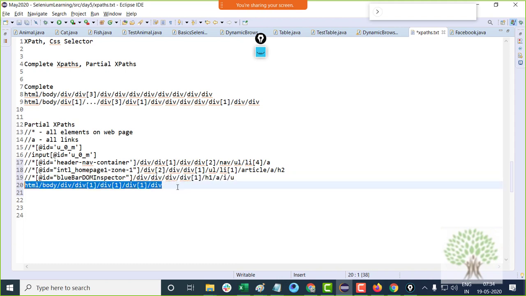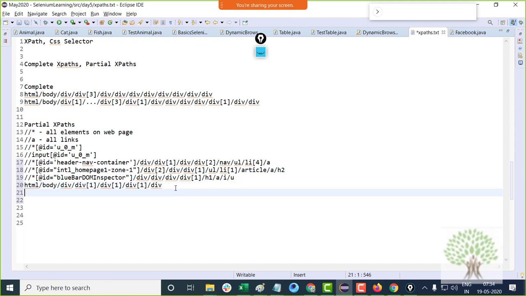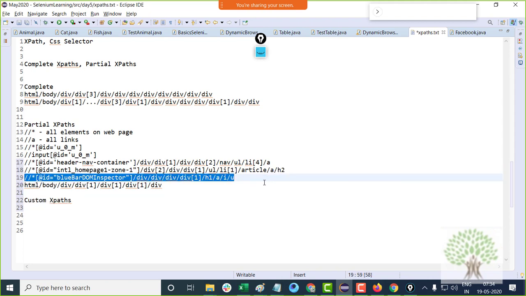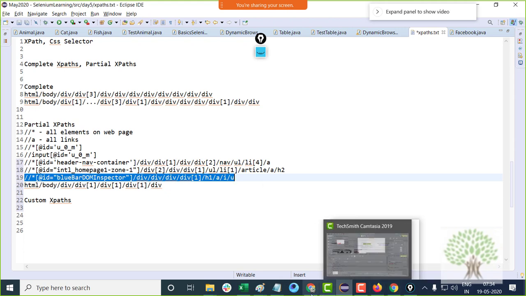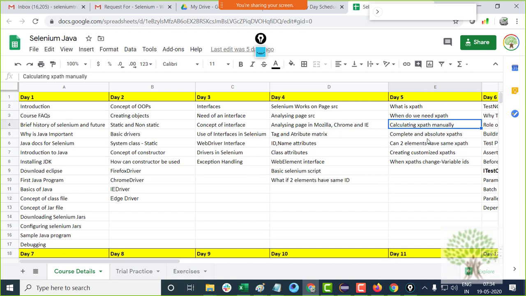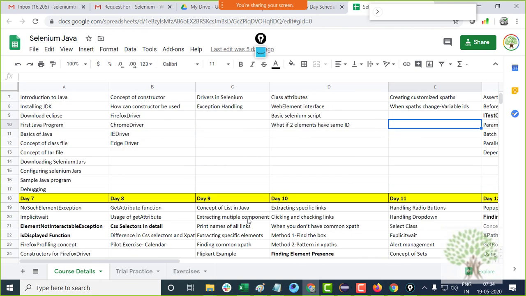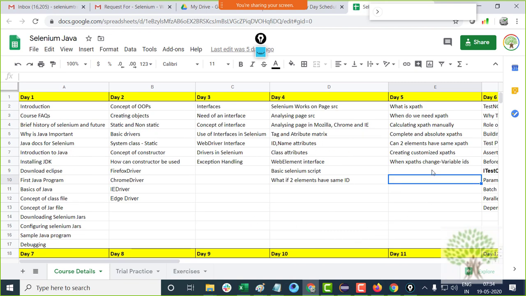Alright, but there is also something known as custom XPaths which can be built, right, which can be built without the dependency of ID or something. Okay, I'll come over to that. Fine. Over here, customized XPaths. Fine. How do we build those customized XPaths, and what do we do in case of variable IDs and all? I'm going to talk about this now.